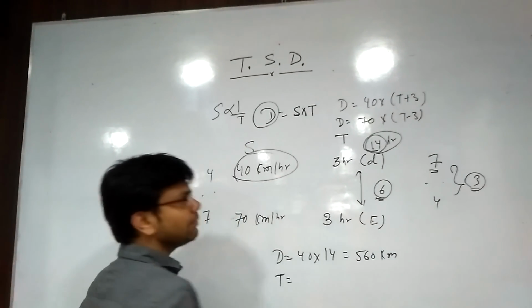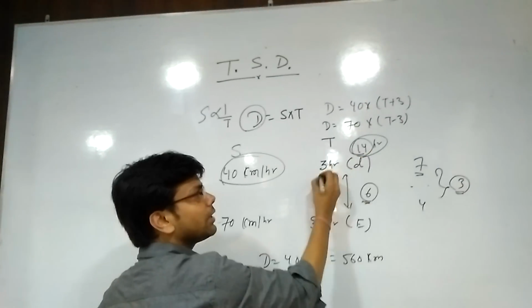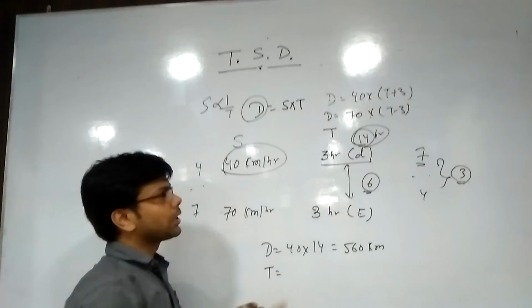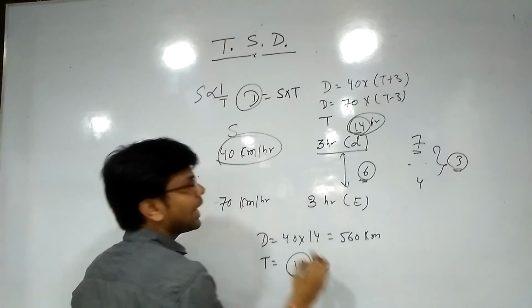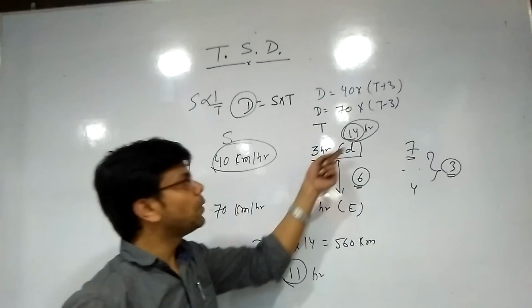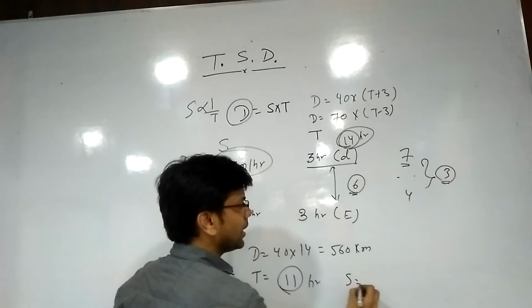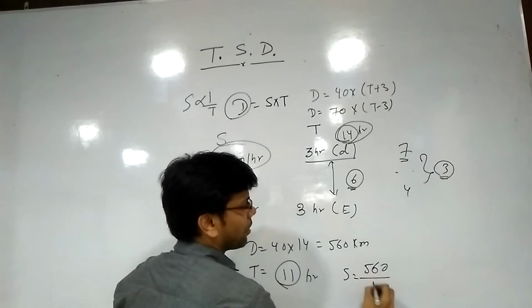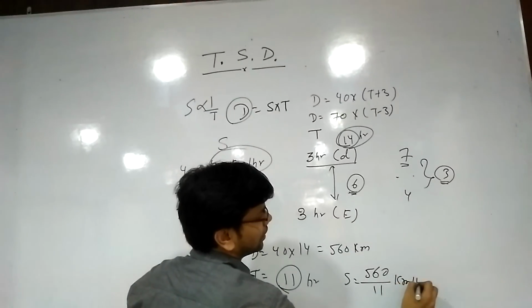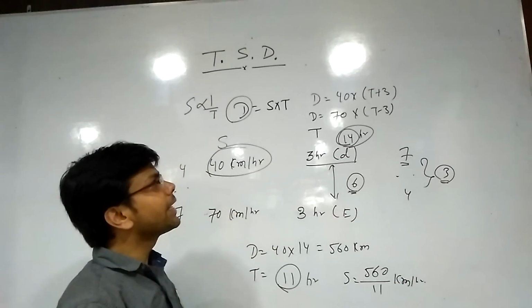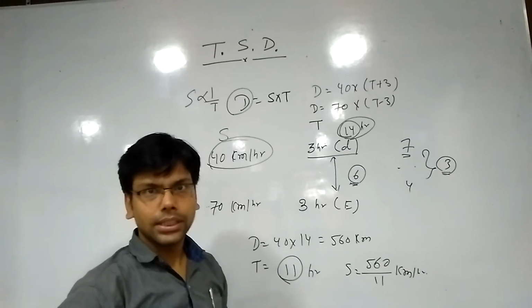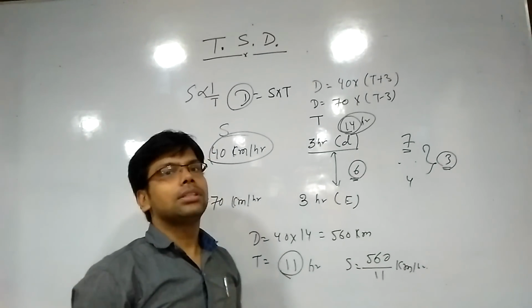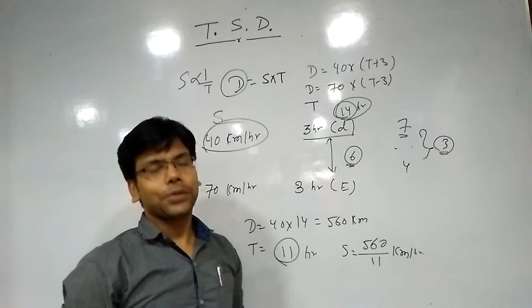Now what is the actual time? You take 14 hours and you have a 3 hour delay. Your delay is 3 hours and you reach in 14 hours, so it means nothing but 11 hours is the actual time, because you had a 3 hour delay at 14 hours. What is the speed? Speed is the actual distance upon actual time, in kilometers per hour. So instead of making equations, we can solve it by the ratio method. I hope it is clear. For gap and gap, we'll see in the next video. Thank you and happy learning.